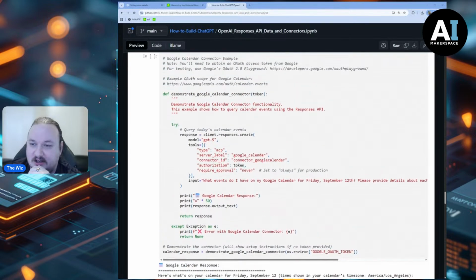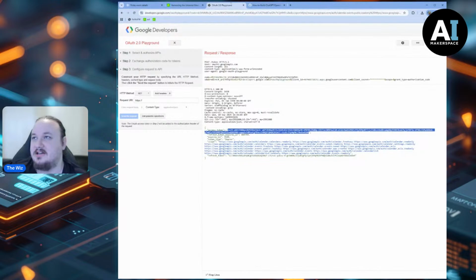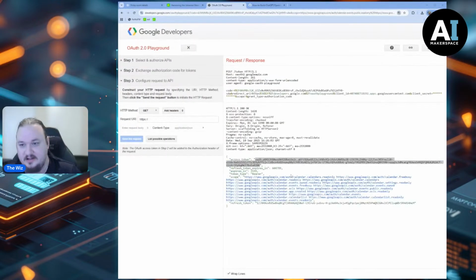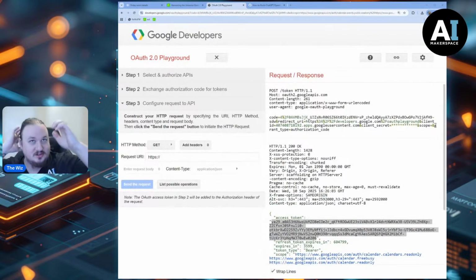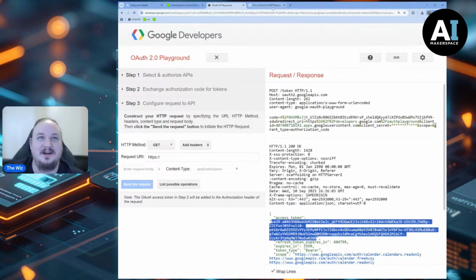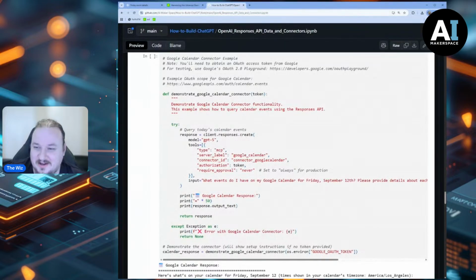Now it's going to need this authorization token, right? From OAuth2. Now we're going to talk about this when we start talking about end-to-end, how to incorporate this into like an actual workflow, right? That users can get that classic Google screen popping up, right? That you can click your Google account and sign in. But for now, we're just going to use this OAuth2 playground. I'm leaking my token here, so you know, if you really want to check my calendar very quickly, now is your time. But the idea is that we have this to get our auth token, and then we can use